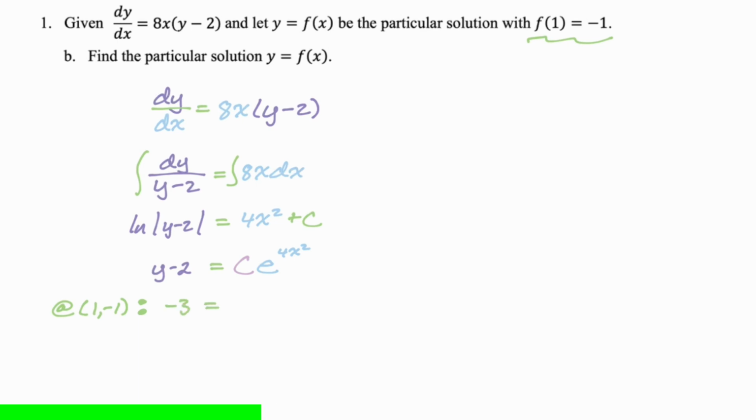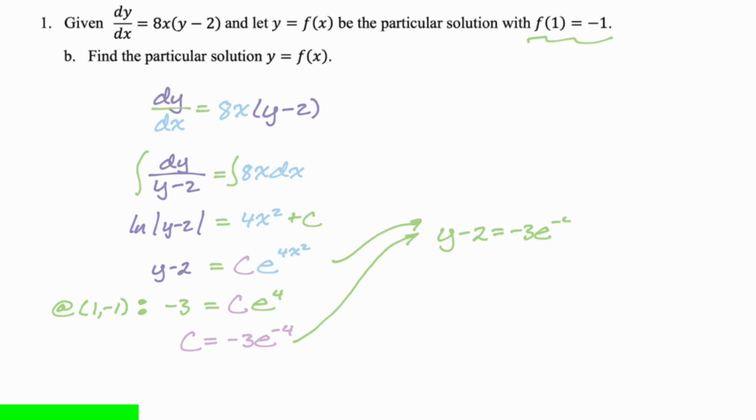And you get -3 is equal to c e to the 4th, which is annoying. So c is -3 over e to the 4th, or -3 e to the -4th. All right, we take the value of c, and we take our general solution, and we're going to sub in. So we get y minus 2 is -3 e to the -4th, e to the 4x squared, and